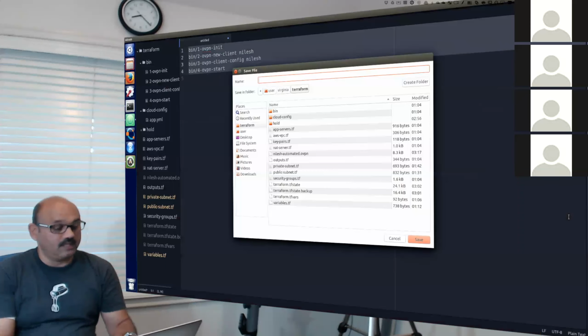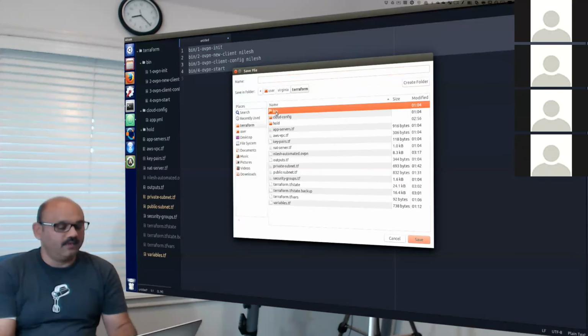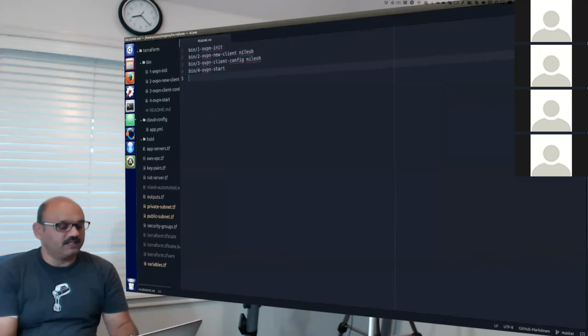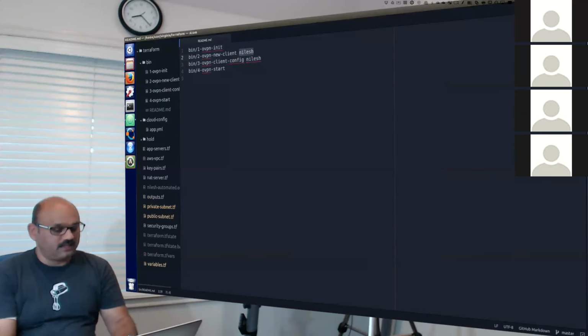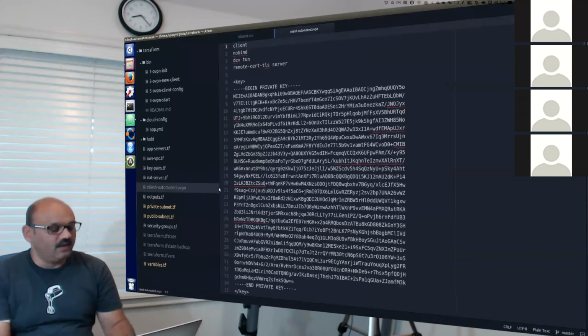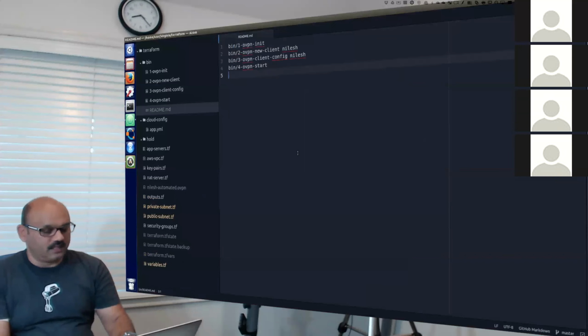So I'm going to save it in the bin folder itself, and call it readme. This is how you run it in that sequence, by specifying a client name, Nilesh, for example. These 2 references that I missed are why I was not able to successfully generate this configuration that is needed for OpenVPN to connect.